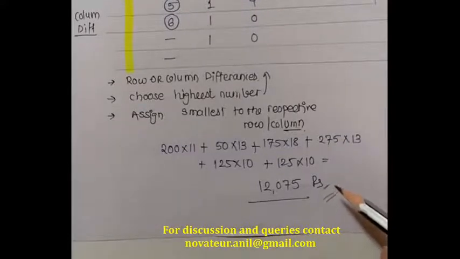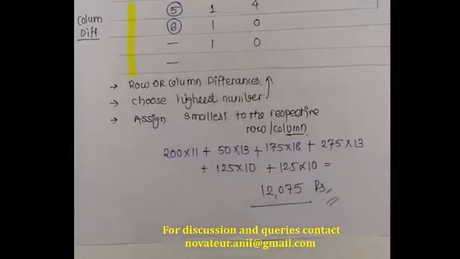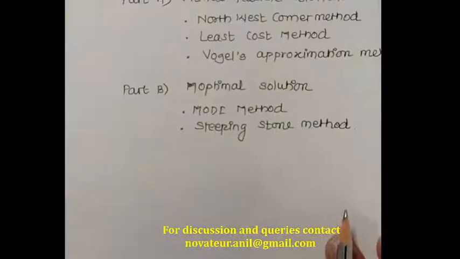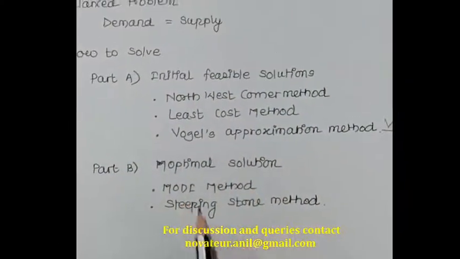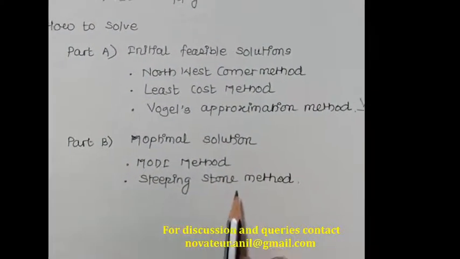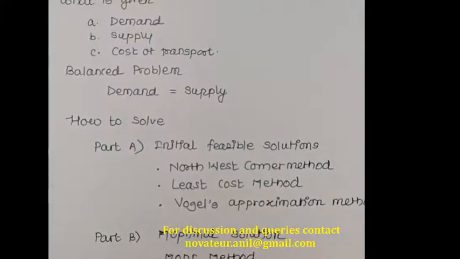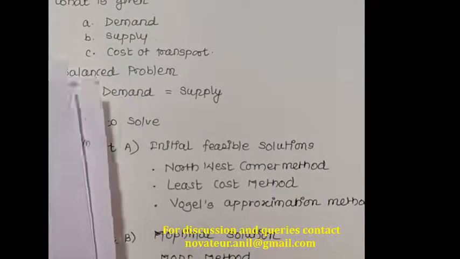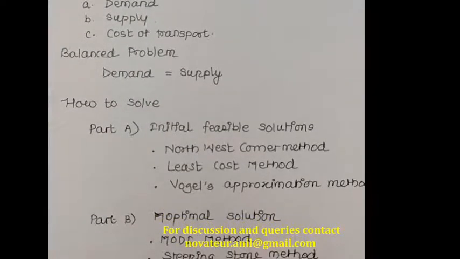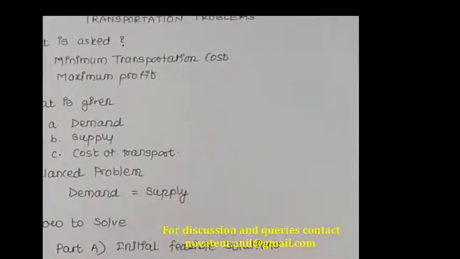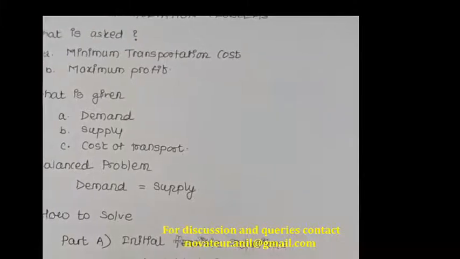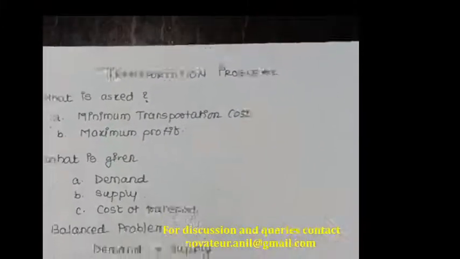Friends, this is not a compulsion, but generally if you find the initial feasible solution with the VAM method, further calculations like the optimal solution with the MODI method and stepping stone method become easier. This is just a suggestion, not compulsion. You can choose any of the methods that you are comfortable with. So do check out my next videos wherein I am going to talk about the MODI method or stepping stone method to find the final solution for the given transportation problem.